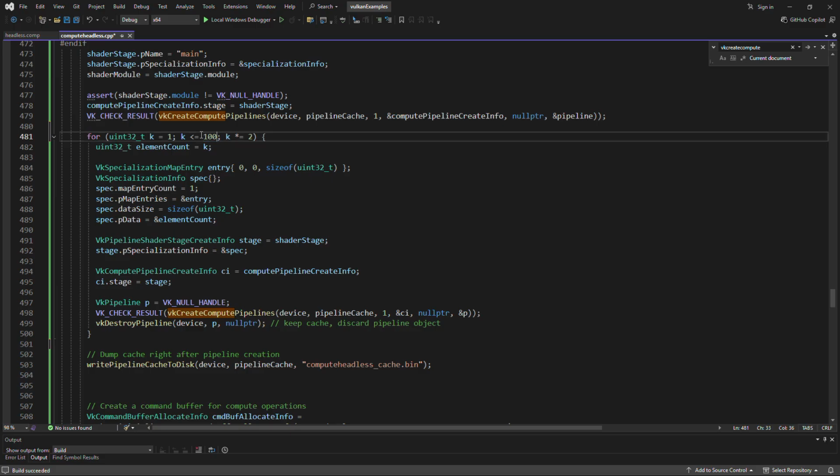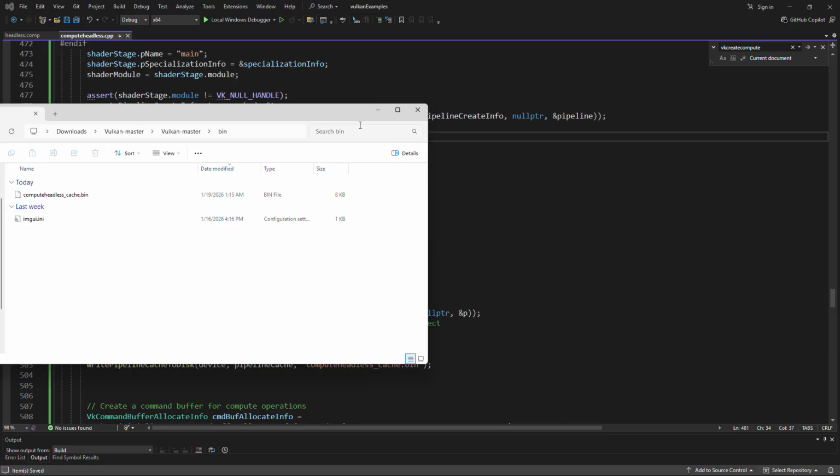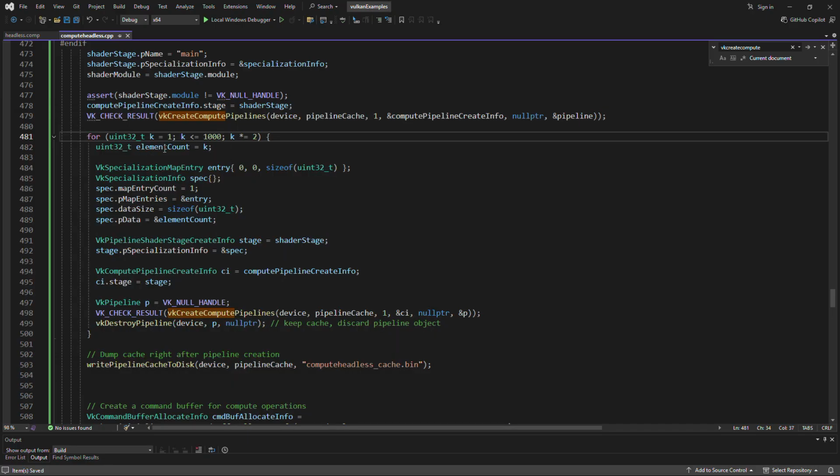Let's just start with 1,000. We're going to artificially inflate the number of pipelines that we have, because we want to see whether the file size of the cache changes, right? So before, it was just this one pipeline, and then we would dump the cache right after pipeline creation. So we would basically dump it to a file, and we had the 8 kilobytes right here, right? But now we're creating a bunch of artificial pipelines. It doesn't really do anything, but